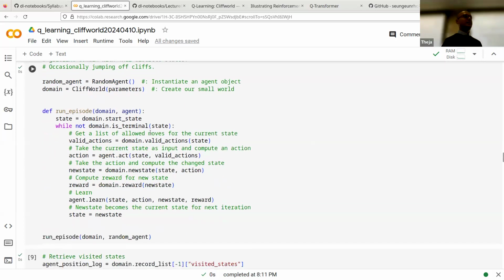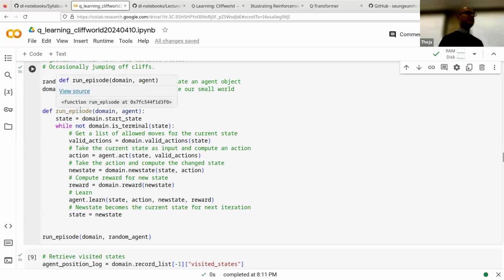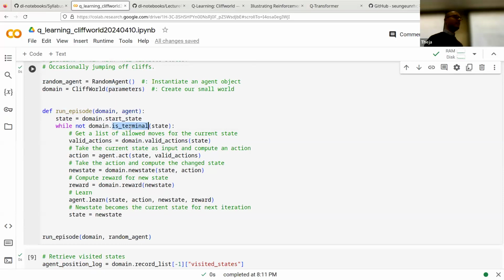So here's the instantiation of that agent, the instantiation of the object from the class, and similarly the instantiation of the domain. When we instantiate the domain, we pass all the parameters, the state pairs, and all that stuff. Running the episode is just a loop while you have not reached the terminal state in this experiment. The domain is like an experiment here: while you have not fallen off the cliff or reached the end goal, you pick up the valid actions possible,